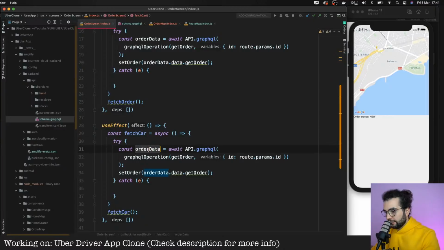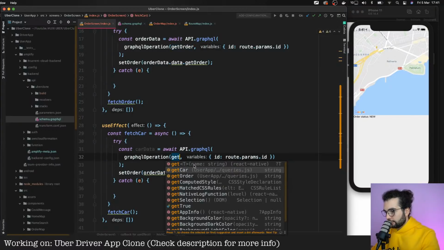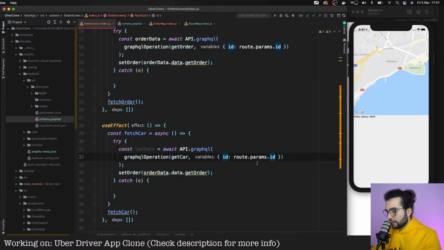So orderData, await API.graphql, carData is getCar, and we need to send the ID of a car. And to get the ID of a car, we can do it from order, I think it's order.carId. And here we'll set car to carData.getCar.